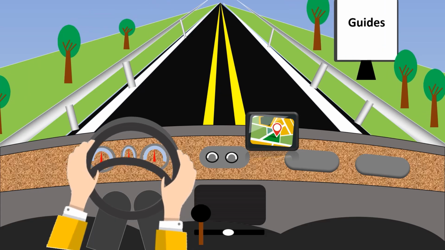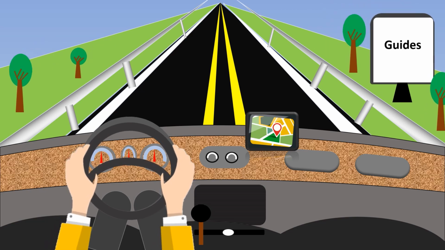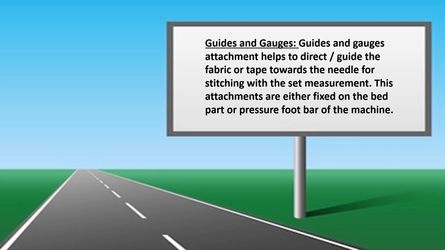Let's move forward to the next topic, guides. Guides and gauges. Guides and gauges attachments help to direct, guide the fabric or tape towards the needle for stitching with the set measurement. These attachments are either fixed on the bed part or pressure foot bar of the